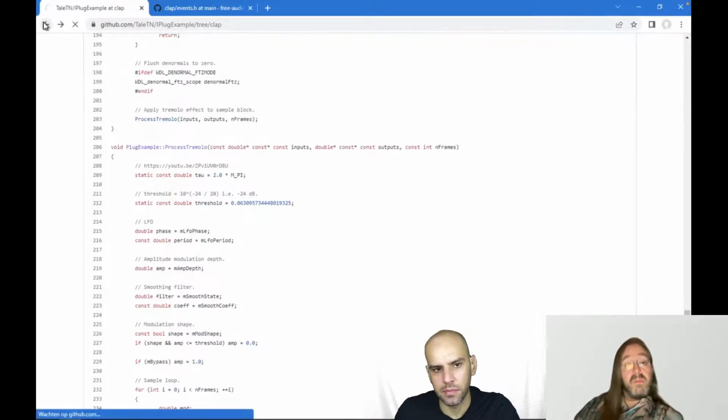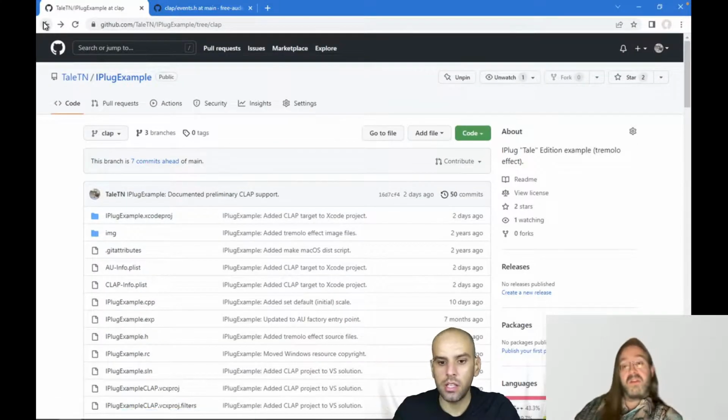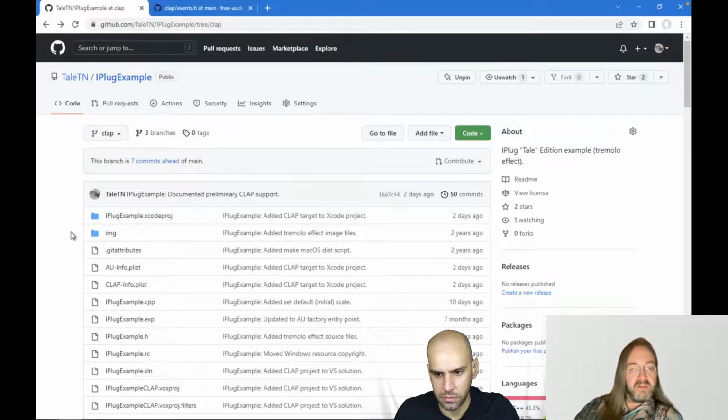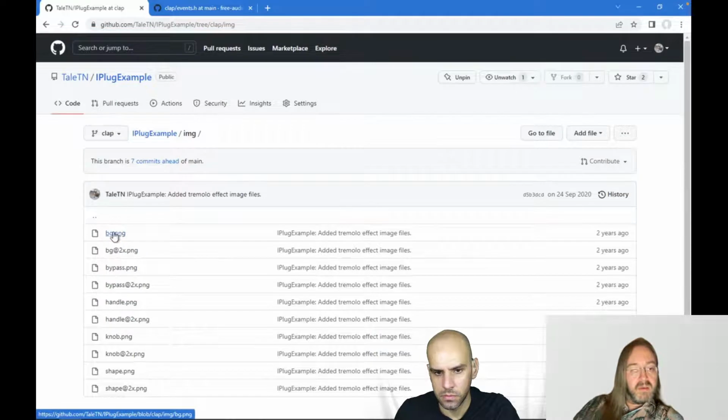That's not in the plugin, by the way, because the plugin just loads the images, creates controls, and this plugin only creates standard controls that are in iPlug, so it doesn't do any custom controls. So that makes it kind of easy. The plugin does supply a bunch of images, but it's not really useful to look at them individually. There's a bunch of PNG files that you have to link with your binary.